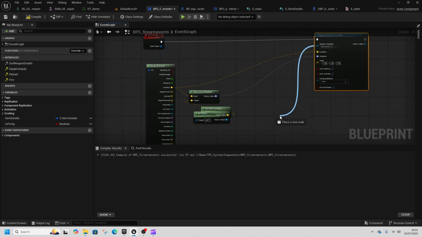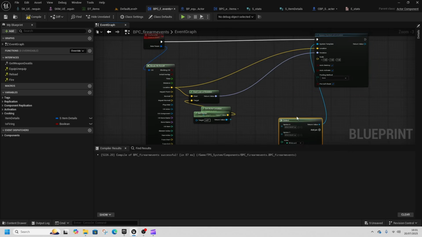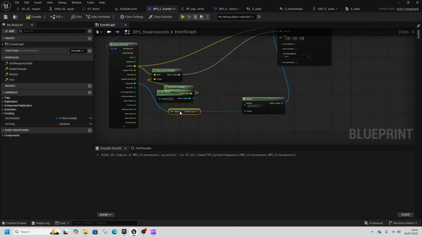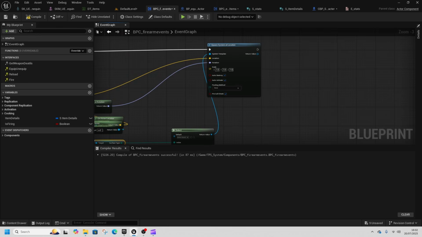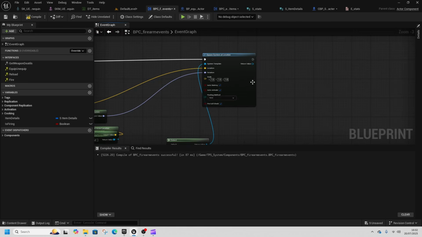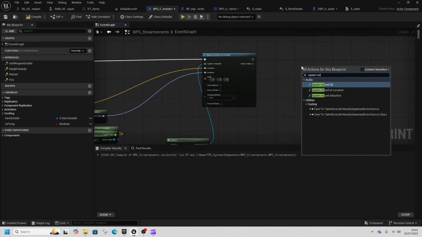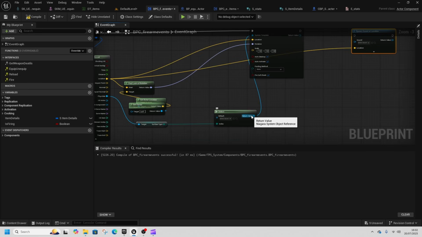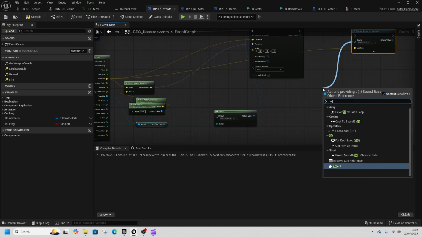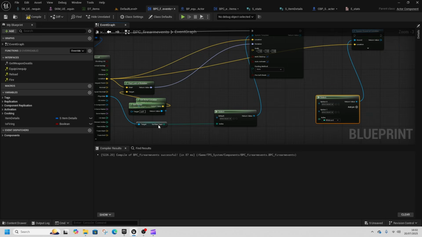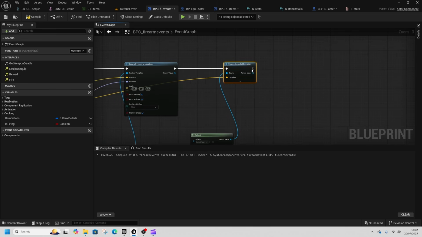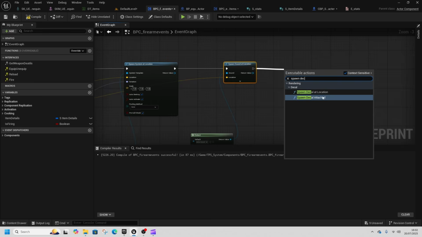This system template here, I'm going to do a select off here, and then the fizz mat here, we're going to get surface type, plug that into here, then do a spawn sound at location, and again location into here, and we want a select from here again, surface type into here, that into there, and then finally spawn decal at location,